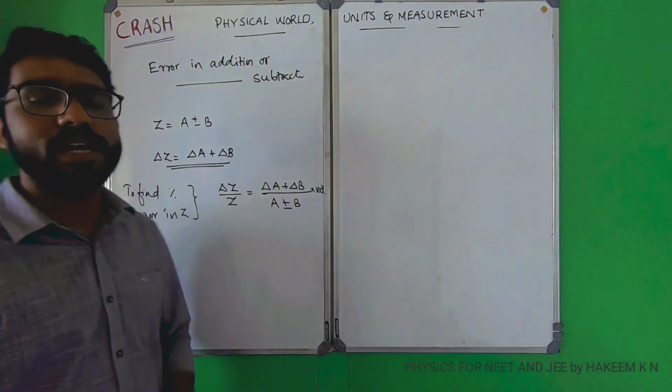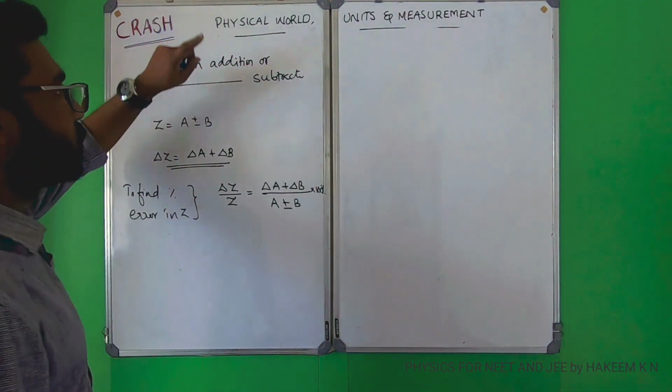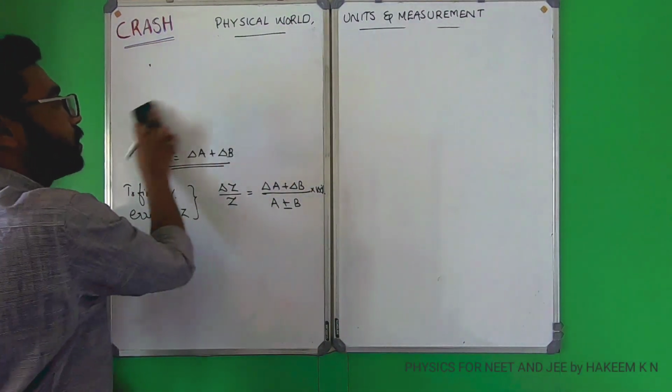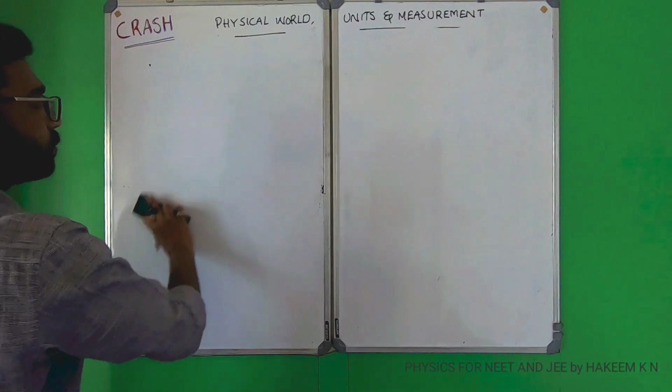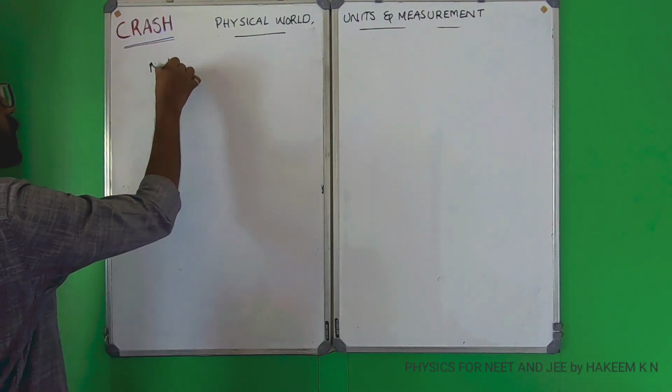This is the percentage error in z. Okay, so in short, in addition or subtraction, errors are always added. Errors are always added. And what about in multiplication and division? In multiplication